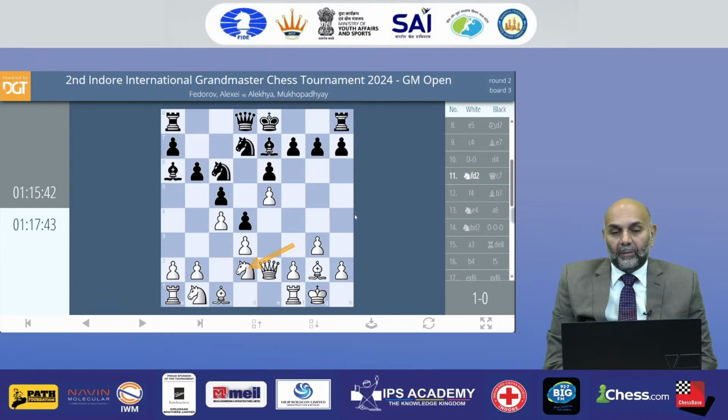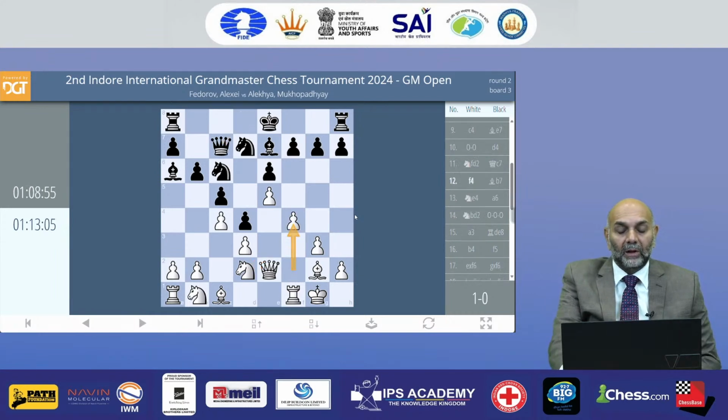White was worried about the safety of the e5 pawn, because it had no pawn support, and it was in the enemy territory. It's still in the enemy territory, but now it's going to have the support of a pawn, which means that now the e5 pawn is strong. White is free to move the knight to e4 and also plan the queenside break with a3 and b4. So while White has a more concrete plan of action, Black somehow will have to suffer without a clear-cut plan, a clear-cut idea of what next.